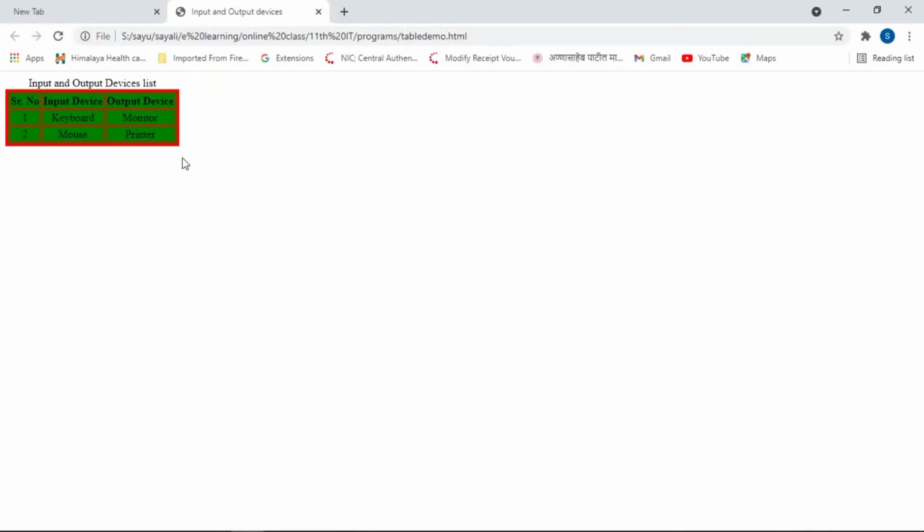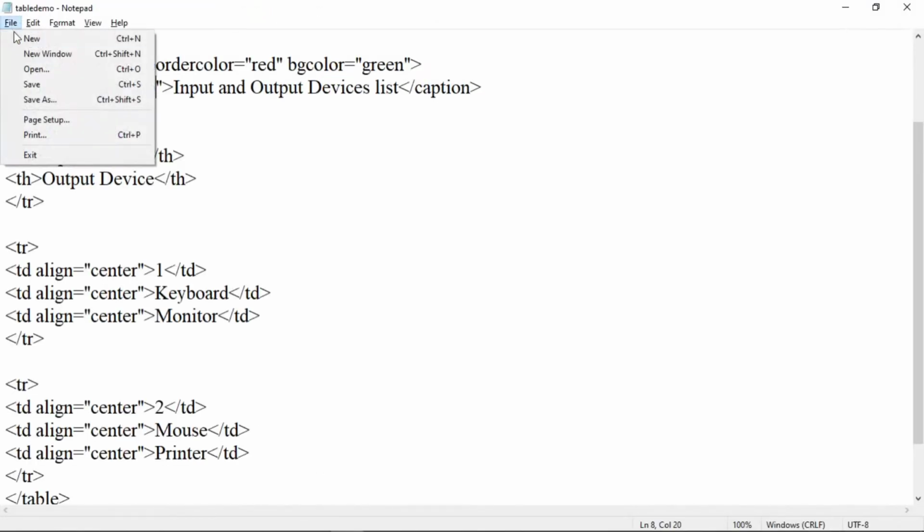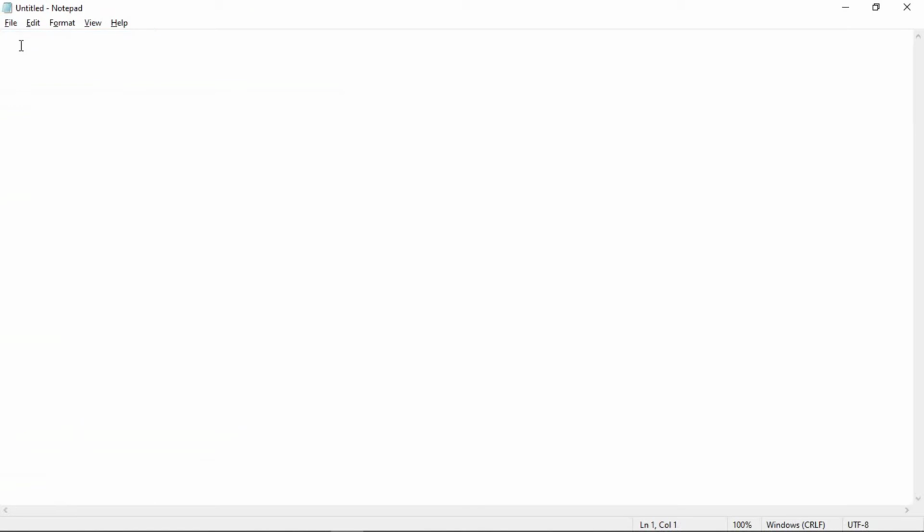Now let us create one more program to understand the use of row span and col span attributes. So now let us open a new file. Here add doc type HTML.